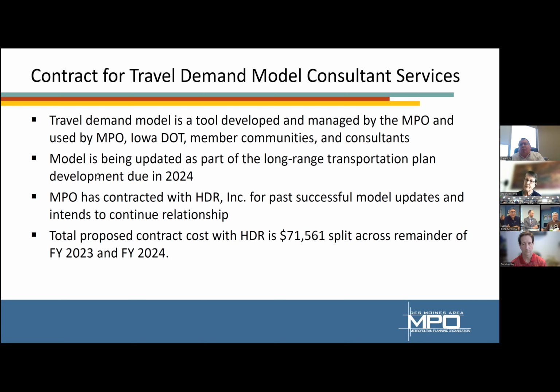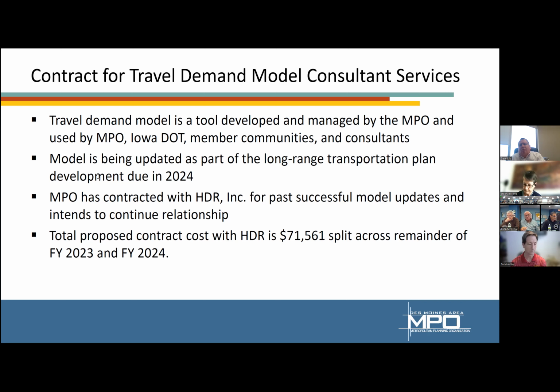I'm not arguing that we don't need it. I think it's a good thing. And I know historically we've used HDR. My question was the amount of staff that we already have. It is a very technical process in updating the model. There's a lot of detailed information and calculations that go into it. And as Dylan alluded to, it would take one of our staff members all their time to do this and to validate the data and do corrections. It's just a much more efficient use of resources to have someone who does it all the time. That's their job day in and day out to do this.